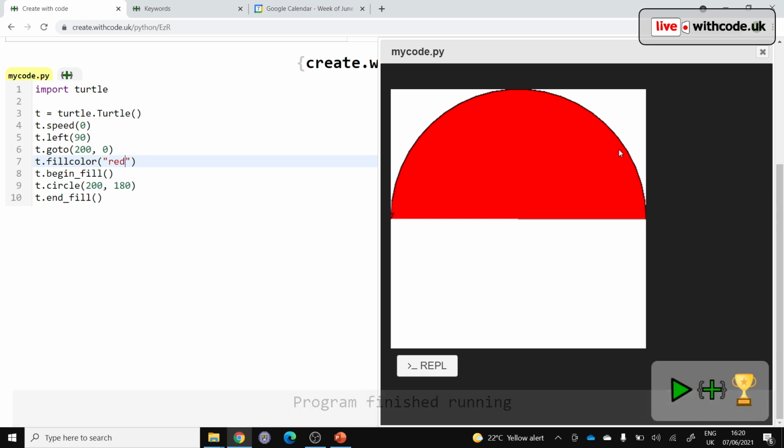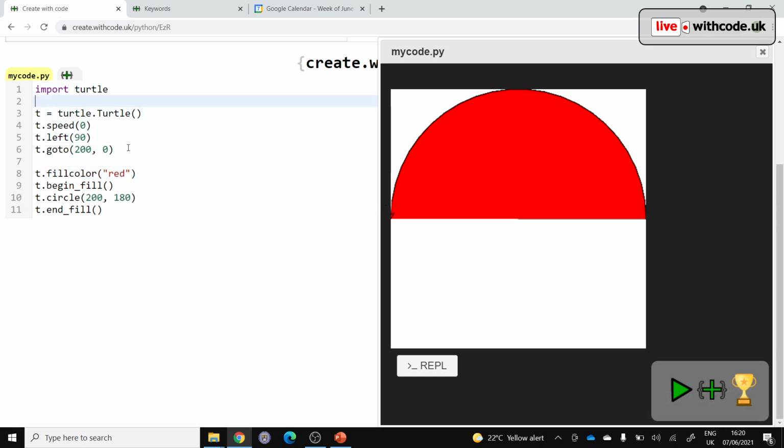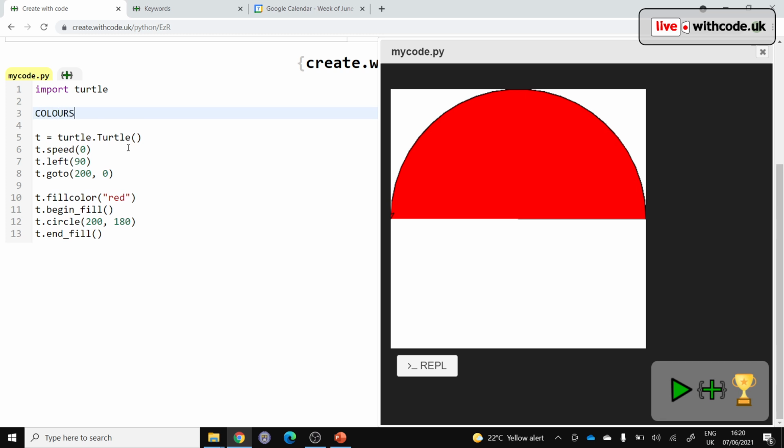And then we kind of want to be able to draw all of the colours in the rainbow. So let's define a constant for all of the colours. I'm making it, and I'm British, so I'm going to go for the British spelling. But the built-in function for Python uses the American spelling. So let's go for red,